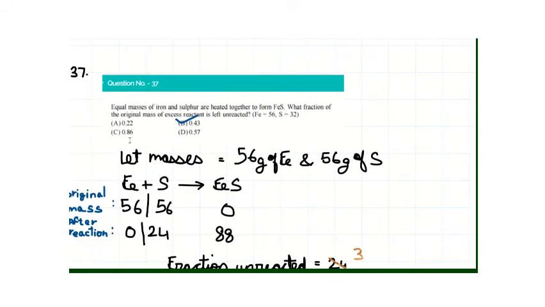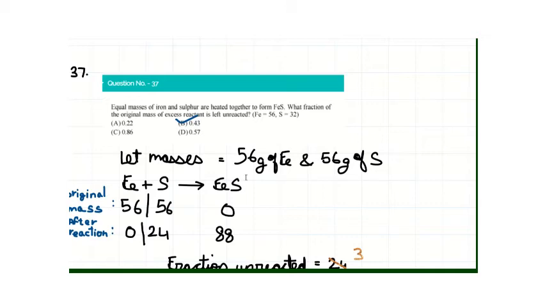The 37th question states that equal masses of iron and sulfur are heated together to form FeS. Now we have to find the fraction of original mass of excess reactant that is left unreacted. The atomic mass for iron is 56 and that of sulfur is 32. Now we can consider any units to solve our problem. We could even consider it as 56x grams of Fe and 56x grams of S,